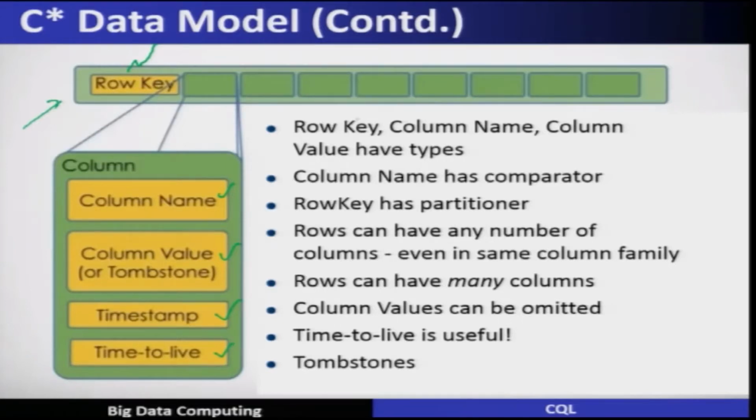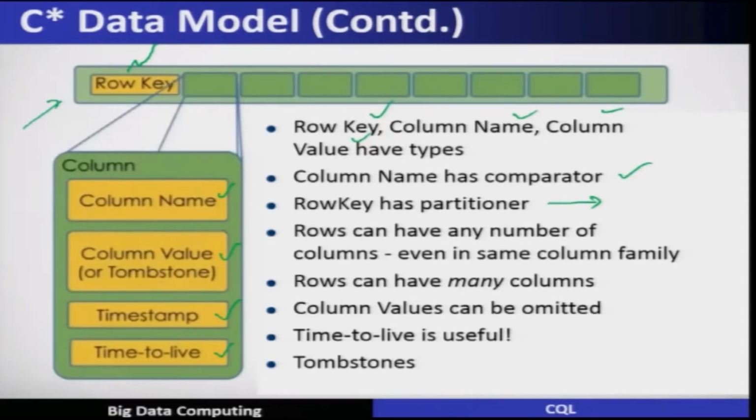So, here the row key, column name, and column values have different types, and the column name has a comparator, which is defined in Cassandra. The row key has the partitioner. That means this row key will be used to store the rows onto the cluster, or on different nodes,